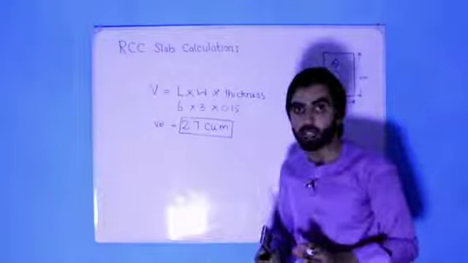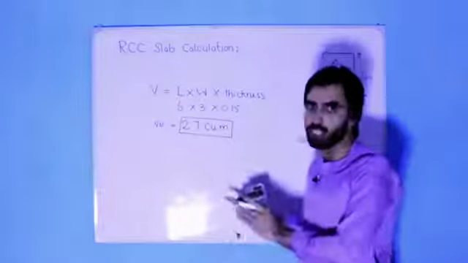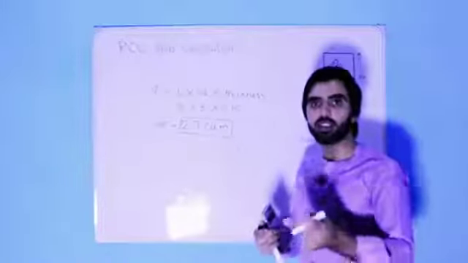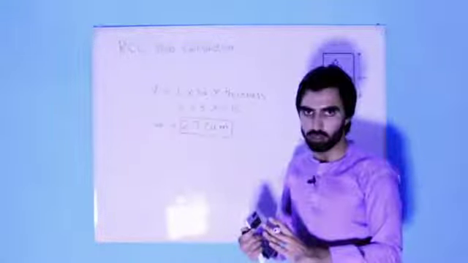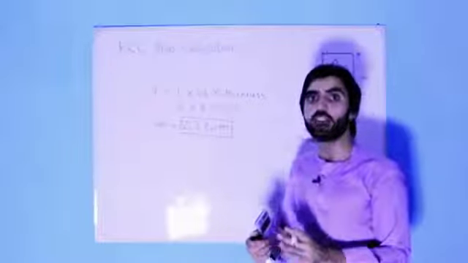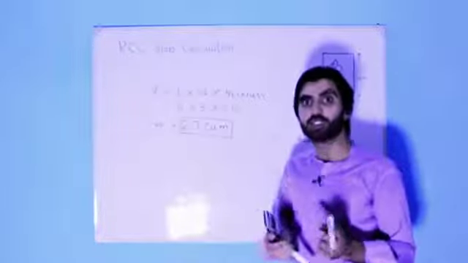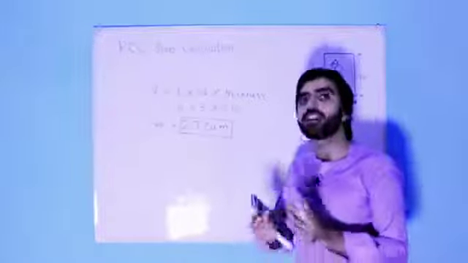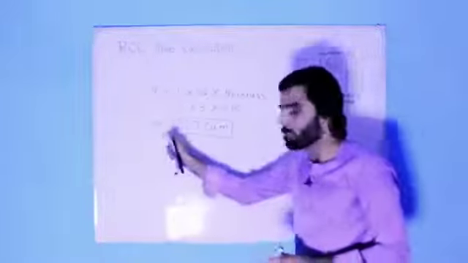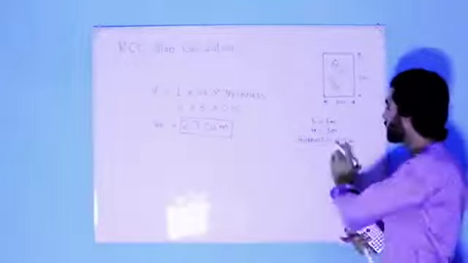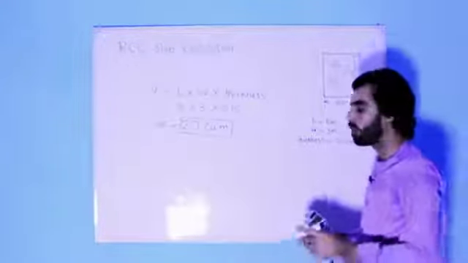But this is not the volume from which you can find the material in an RCC slab, such as sand, cement and crush or aggregate. Now we need to find its dry volume, because we bring dry material for an RCC slab: cement, crush and sand should be dry. From the market we can bring dry material. So this is the wet volume, just the volume of this slab, which has length 6 meters, width 3 meters and thickness 15 centimeters or 0.15 meter.